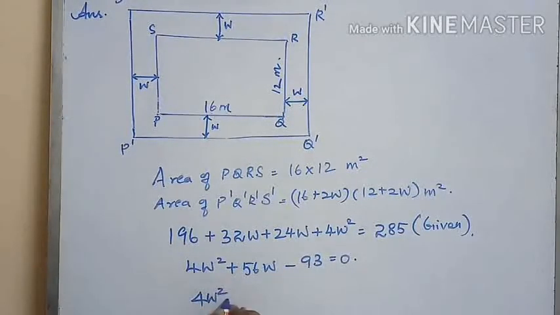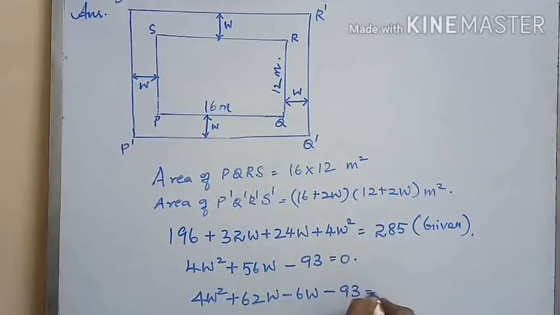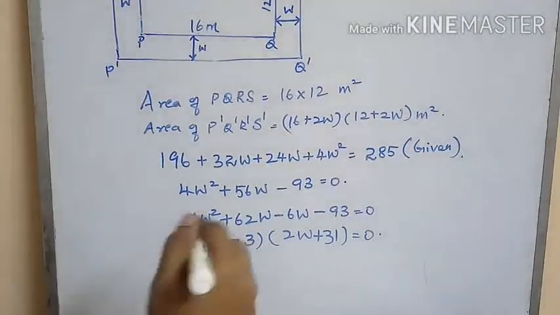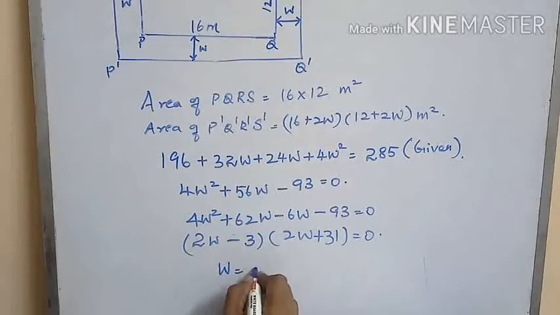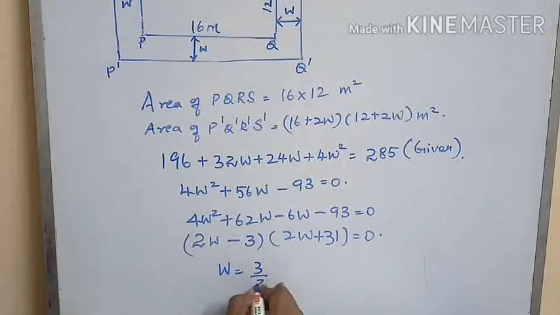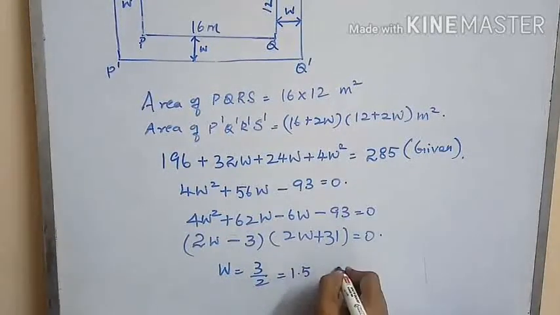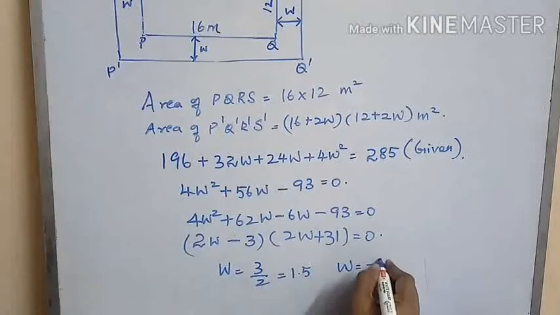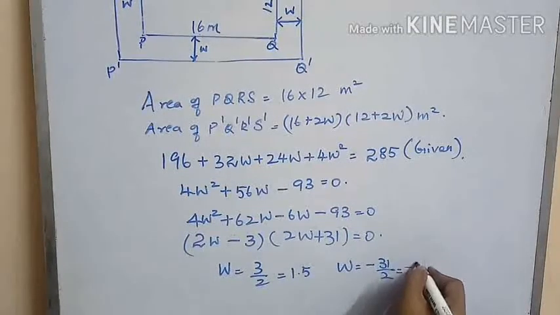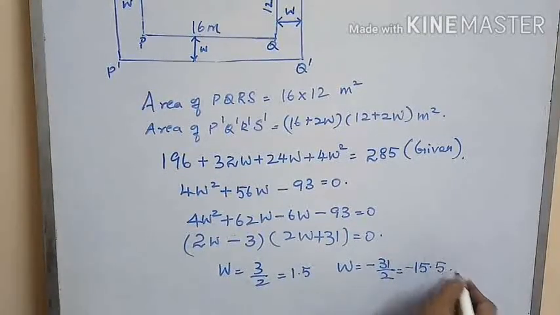Now splitting the middle term as 62w minus 6w and factorizing by grouping method, we get the factors as 2w minus 3 into 2w plus 31 is equal to 0, which gives the value of w as 3 by 2, which is 1.5, and minus 31 by 2, which is minus 15.5